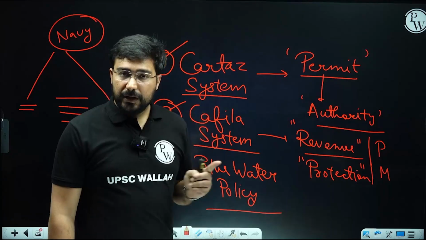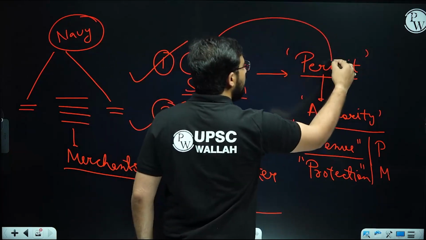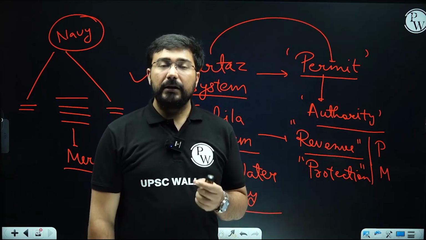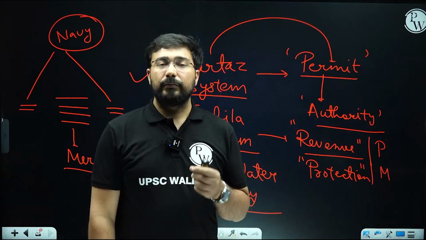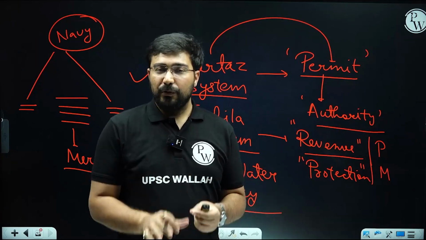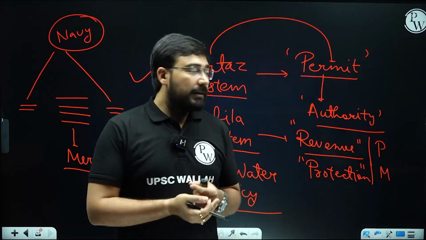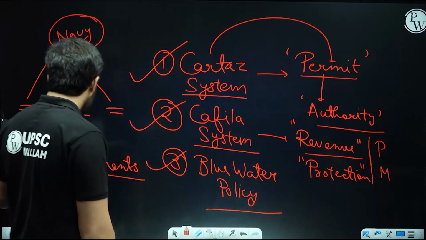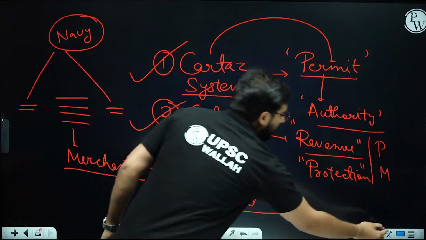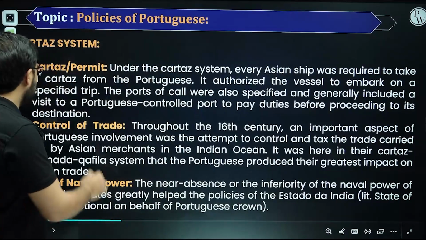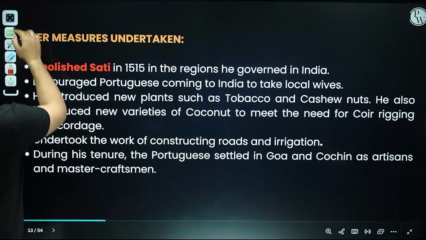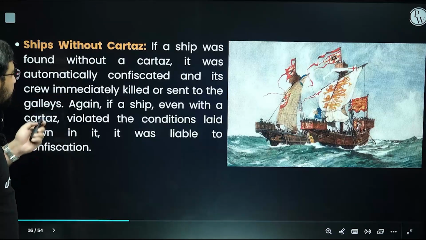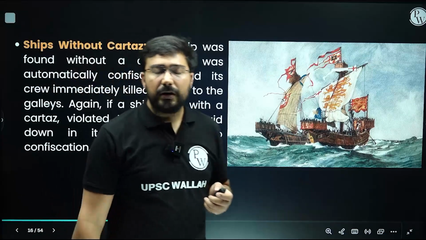The Carta system can come in the examination. So please remember, it was a kind of permit system. In fact, some of the products they didn't allow to be traded at all. Like some of the spices, they said this is going to be a royal monopoly. Only we can trade. While the others, you can trade in them, but you have to get a permit for that purpose. So this is how the Portuguese tried to get the maximum out of their relationship, which was now developing with India. And this is known as the Cartas system. All right. So please remember about this. This is a very important one. And if you carry a ship without Cartas, it could be shot down.